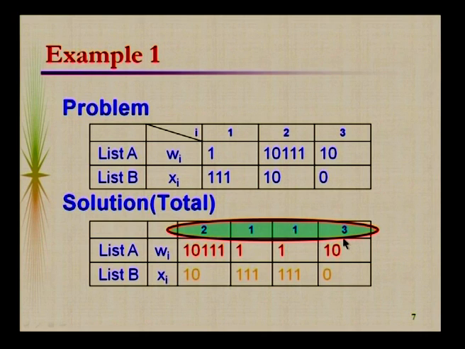Now we have another instance of the same problem, that is PCP, where we once again have 4 corresponding pairs. List A has 4 strings and list B also has 4 strings, but this is a problem instance for which we can't find a complete solution. That means we will not be able to find a sequence of integers such that their concatenation in that order from list A and list B will ever converge. Never converge means the concatenation of strings from list A and the concatenation from list B will never be the same.